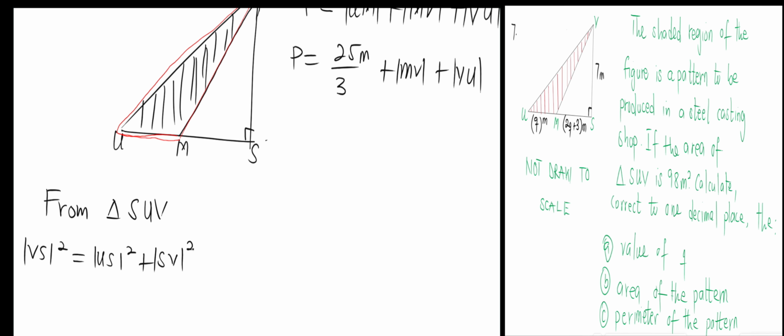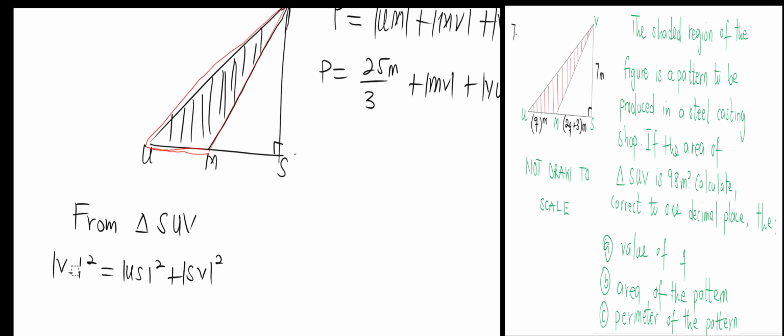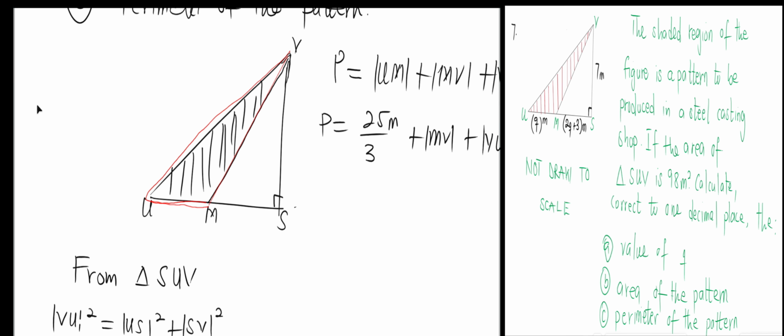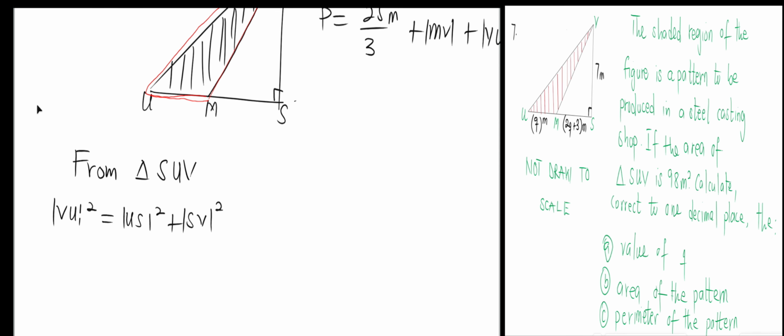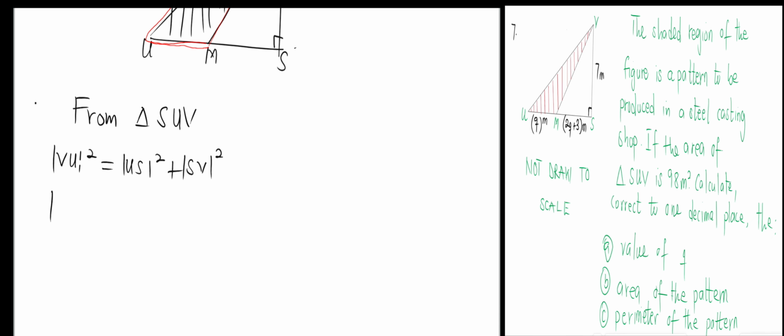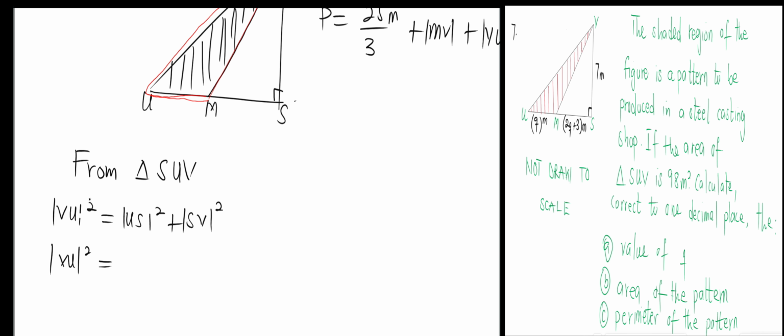I'm using a bigger triangle, that's triangle SUV. Oh sorry, it should be VU. It's rather VU squared. The VU is the hypotenuse. So we are going to get our VU squared then equal to our US, which is the same as